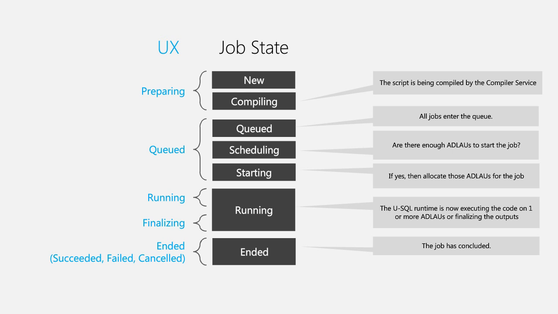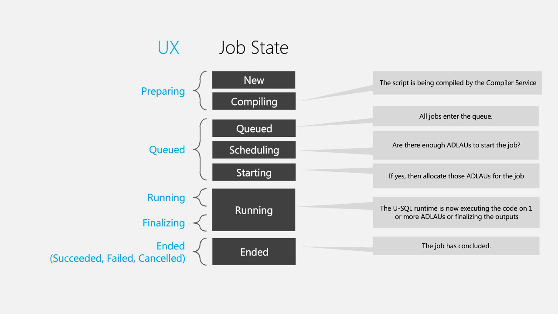Within running, there are two states internally. One is that the query is actually running, and finally it will say finalizing. The difference between running and finalizing is that running is actually processing your query. Your query may have a list of actions. The first action could be reading from an external file, and then you may use some aggregate function, and finally there is the aggregation of all the files executed in multiple different slave nodes or name nodes. If you are coming from a map reduce background, you can easily relate this to a map and reduce job.